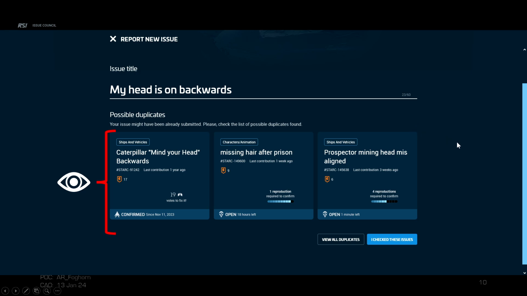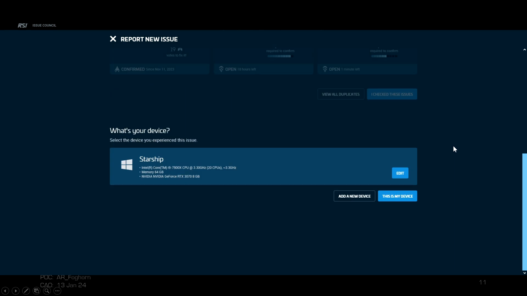And if none of those fit, then you hit the light blue box that says, yes, I checked these issues, aka it's not them. In other words, that means I also want to continue. So it'll take you to the next screen. The first thing is, if you've never put in an issue council before, bug report before,